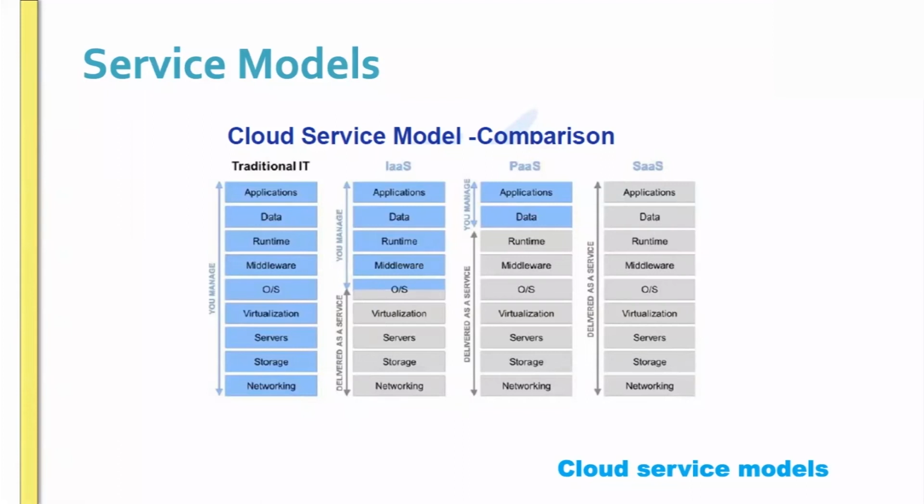Just watch this diagram carefully for 2 minutes. This is very, very important. If you know these basics, you can easily relate to many services we are going to learn. The infrastructure, networking, storage, servers, all this hardware part, plus virtualization, is delivered as a service. You can only focus on these areas. Here you can install Python, Java, Apache, or anything, up to you. You can have a database, middleware, anything. What you do here is totally up to you. Here it's delivered as a service. That is IaaS. Any questions?